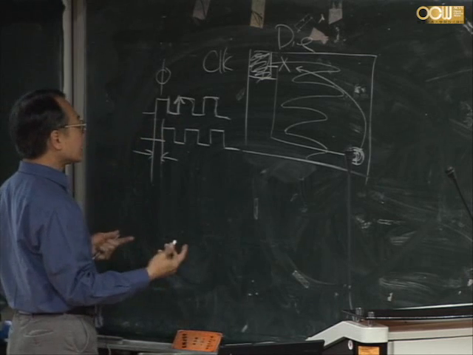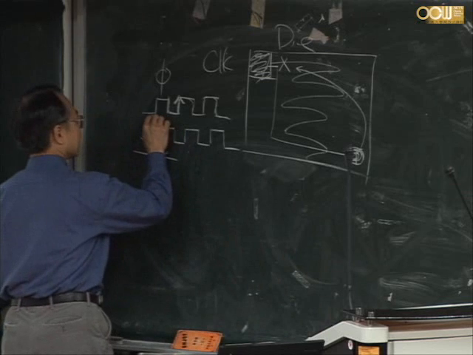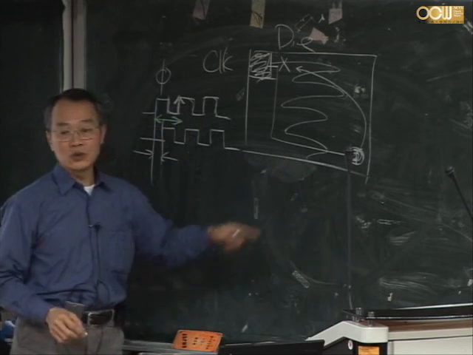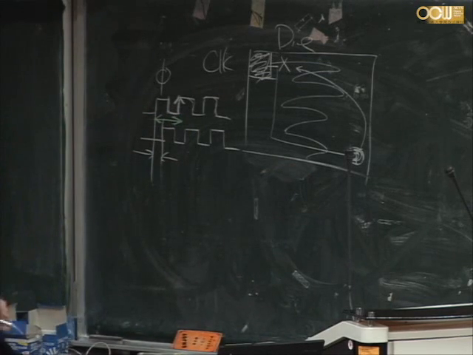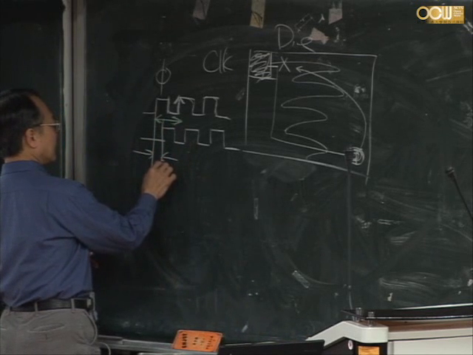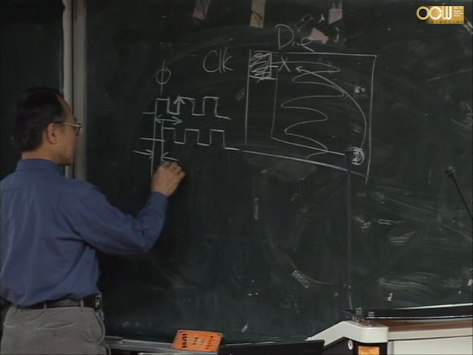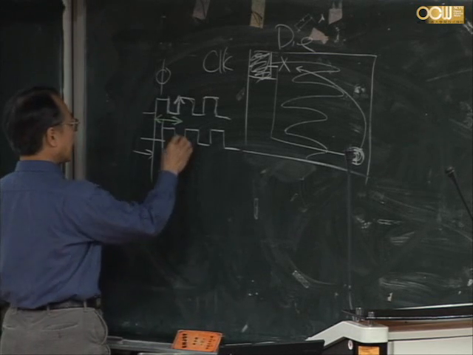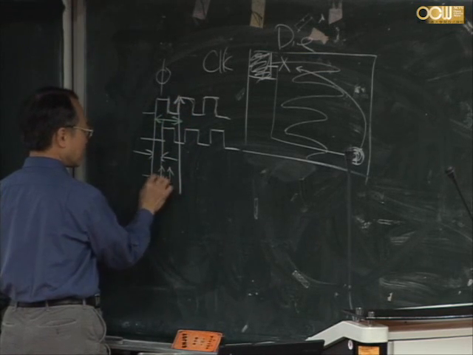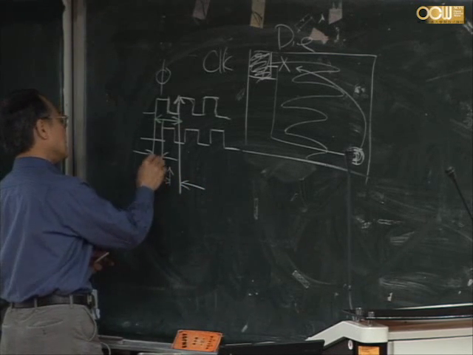So X thinks that it has the whole cycle for Y to do computation. But from the viewpoint of Y, I get your instruction at here. And I need to finish my work here so that I will have some time to send my result back to you. Okay, the wire latency is that much